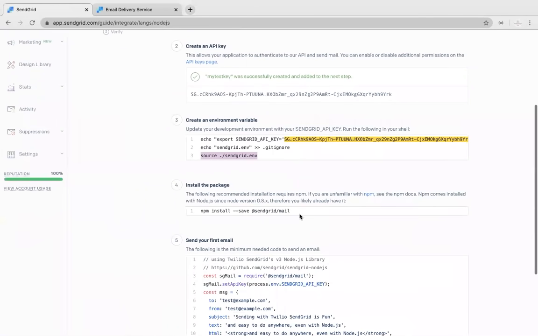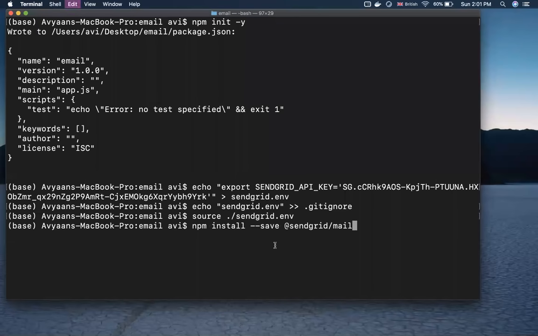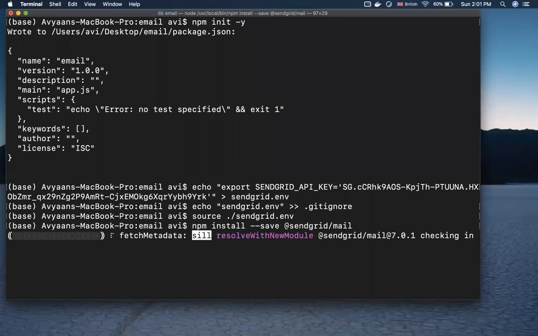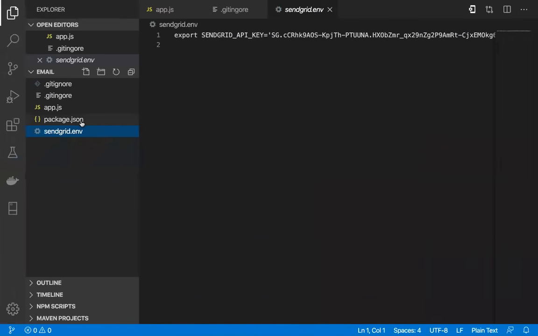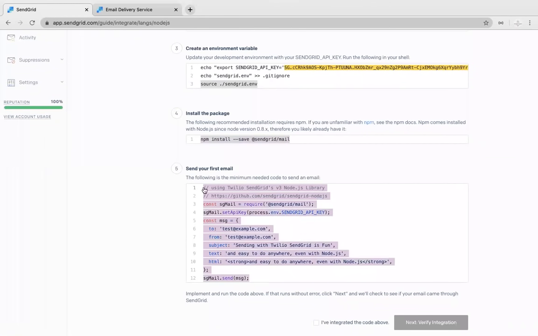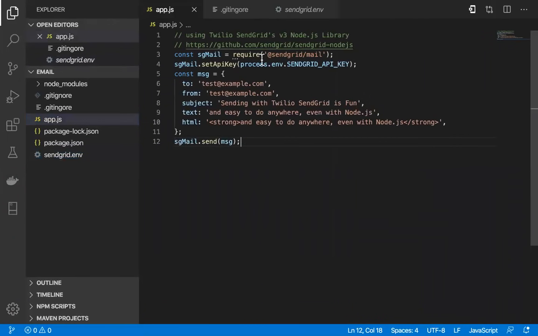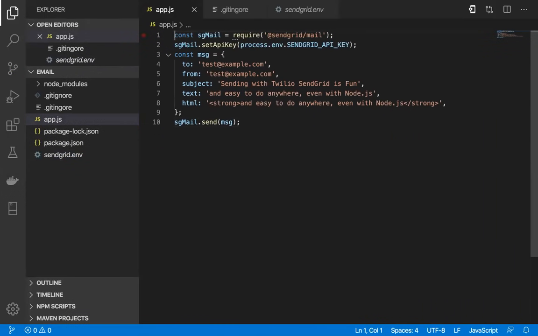Next, once you set that up, it says install one package named npm i --save @sendgrid/mail. Once you install this package in your application, one node_modules folder will appear. After that, it's very simple, guys. Now you want to send an email. So in our app.js, we'll just configure a few things here. We already know that we require our SendGrid package. Now, to whom you want to send, I'll say I want to send to one email ID. It can be any email ID.